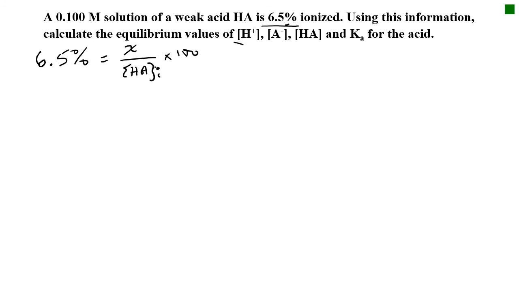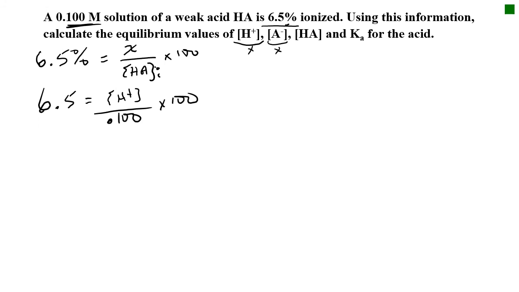Remembering here that X is equal to the concentration of H plus and the concentration of A minus. So here we have 6.5% is equal to our concentration of H plus divided by our initial concentration of the acid, which is 0.1,